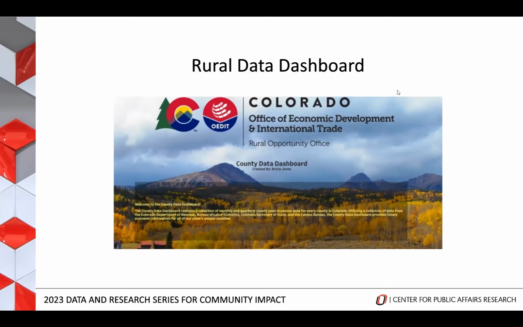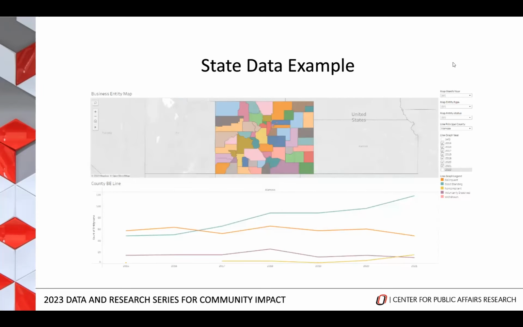And I'll show a couple examples as well, because I kind of got talking and I forgot to show these couple slides. This is an example of the view of the business entity filing data. As you can see, you can adjust by the year to see statewide all the various entity filing trends. And below is a line graph where you can see by entity status from 2015 to 2021 in this view at a county level. How are those businesses doing? For those who filed in 2015, how many are still in good standing? How many are delinquent? How many have voluntarily withdrawn, et cetera?